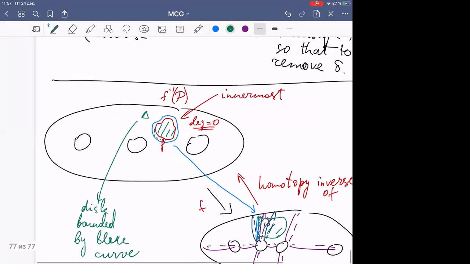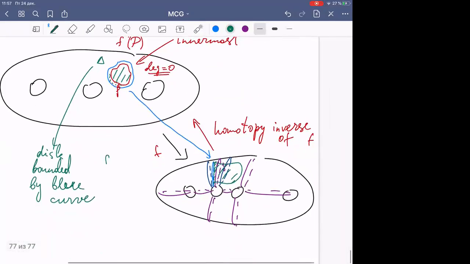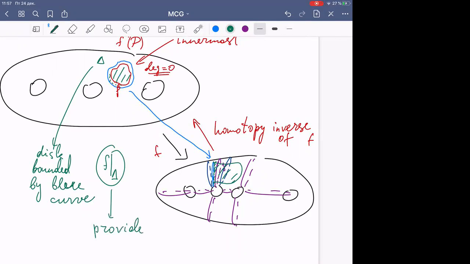Then the restriction of our F to this disk delta provides a homotopy after which we get rid of this additional component. More precisely, look, in this cylinder,